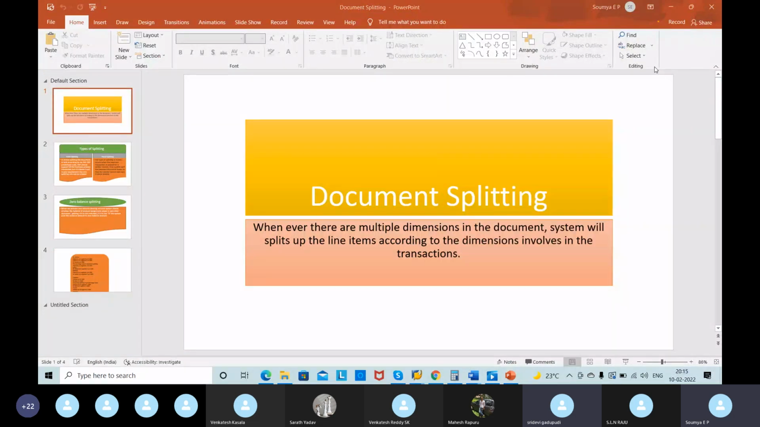Okay, thanks. Today we'll go with the document splitting. We have a concept of document splitting in SAP FICO, where whenever there are multiple dimensions in the document, the system splits up the line items according to the dimension involved in the transaction. And there are 3 types of document splitting. We have active splitting, passive